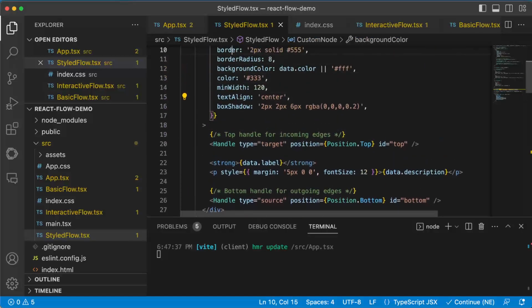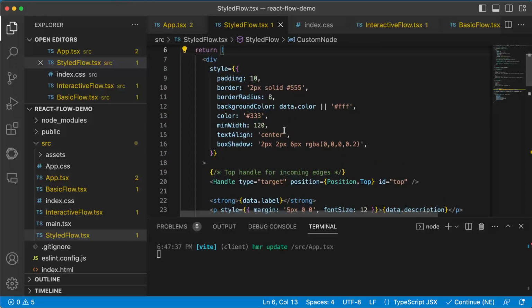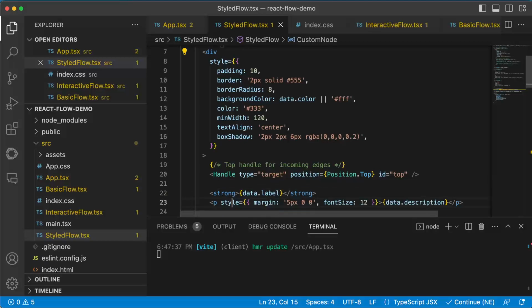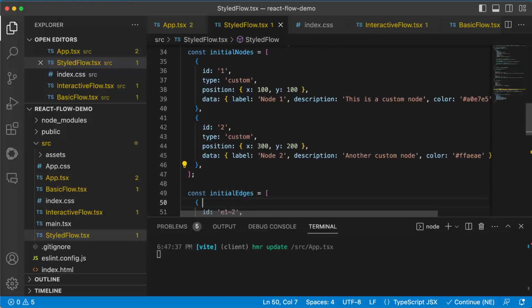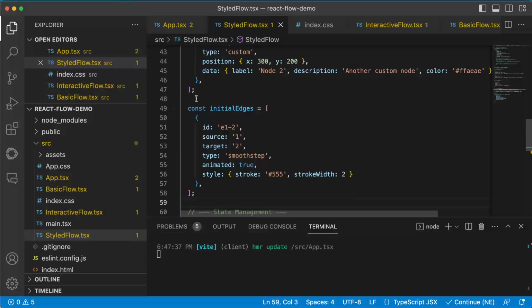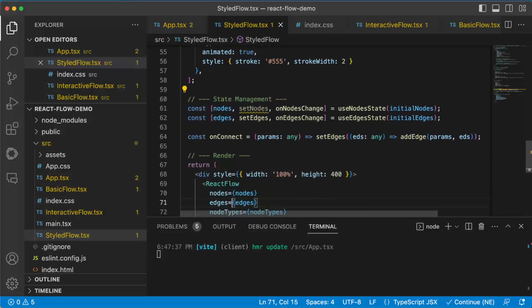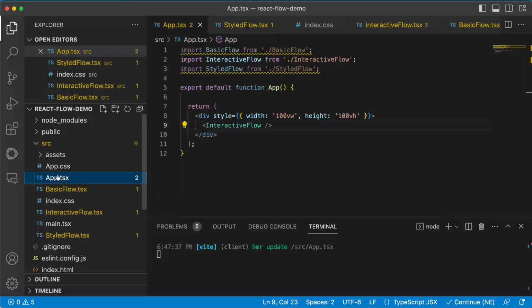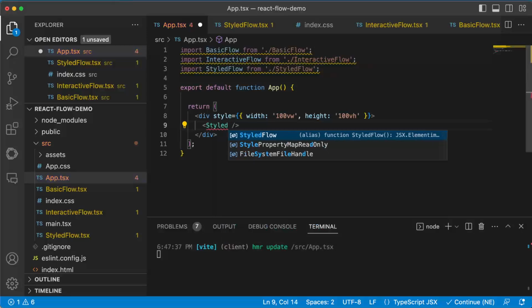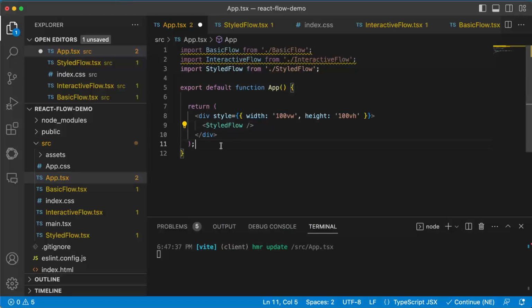And I think if we go here, we can have data.color and then data.label and data.description. So you can add it right here, and of course we provide everything right here within our React Flow. If we now go to app.ts and we use styled flow here, we save it,